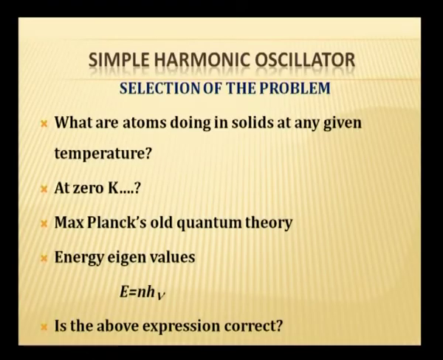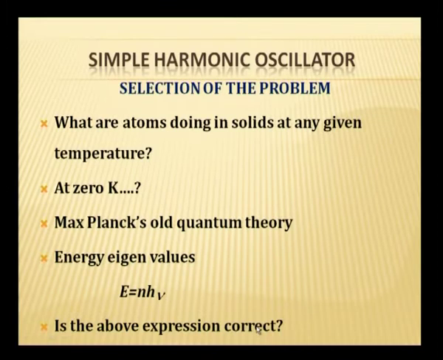energy of the oscillator, the energy of the atoms, will be given by an expression E is equal to nhν, and n will take values starting from 0. At absolute 0, n will be equal to 0, h is Planck's constant, ν is the frequency. Do not worry about the frequency; the important thing is n becomes 0, that is the ground state, the lowest state. When T equals 0, n will be equal to 0 and therefore E will be equal to 0. The atom will stop vibrating, right.